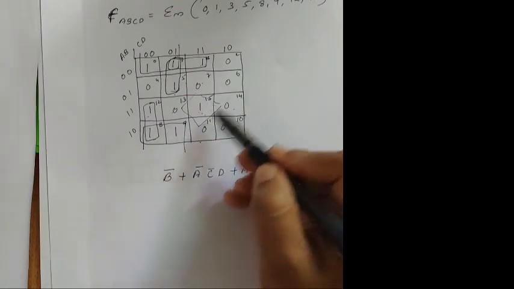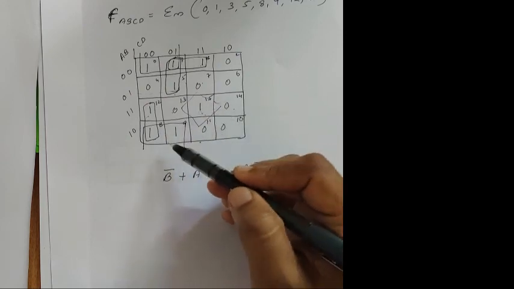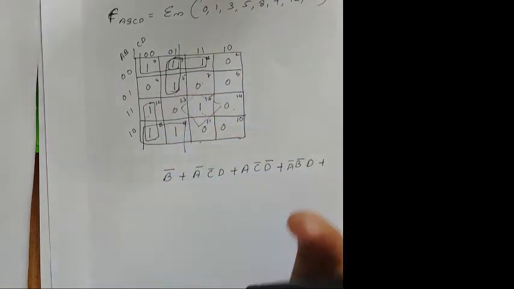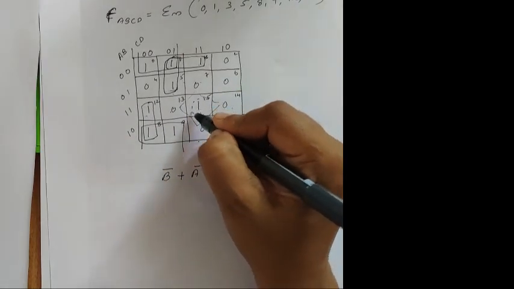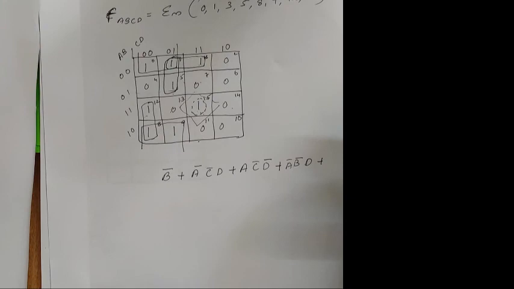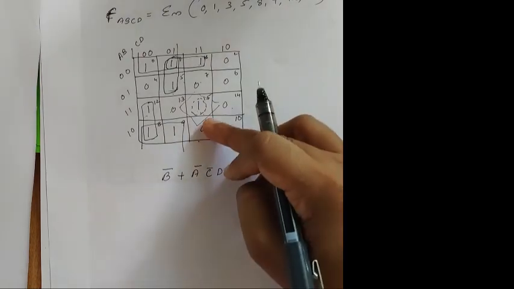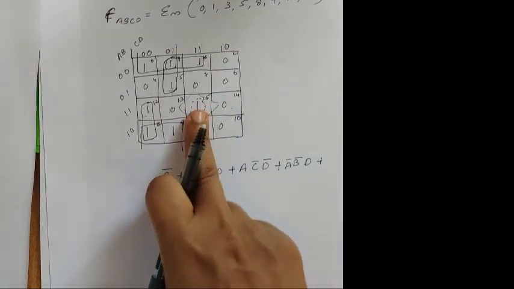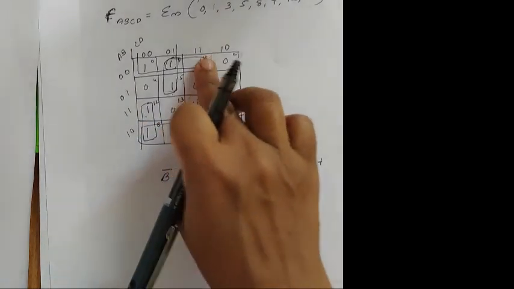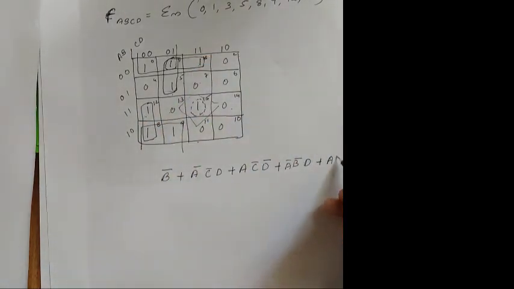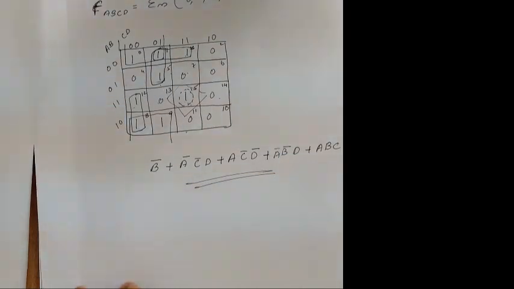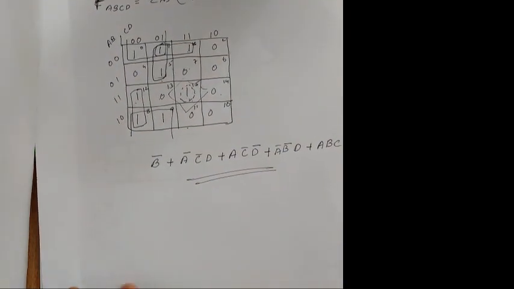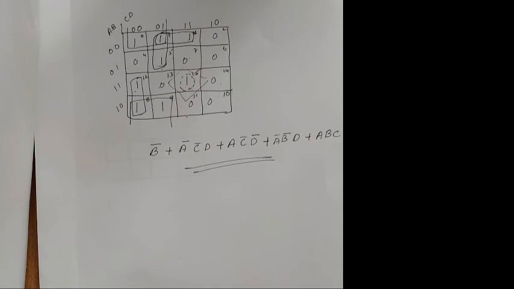So there are no diagonal groupings. Don't go for any diagonal grouping. You have only adjacent grouping. So I'm not able to group this, so I'm taking it as a single grouping. For the single grouping you have to write both the values A, B and C, D. What you will get? A, B is 1, 1. C, D is also 1, 1. So A B C D. This is your final answer. Okay. That's all. Thank you.